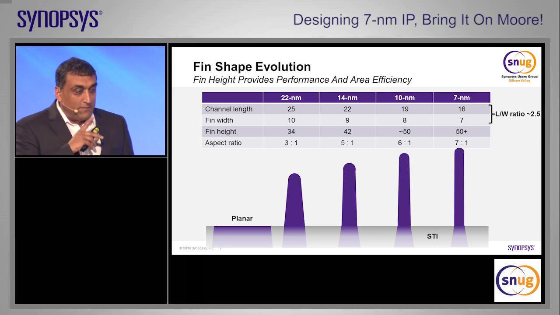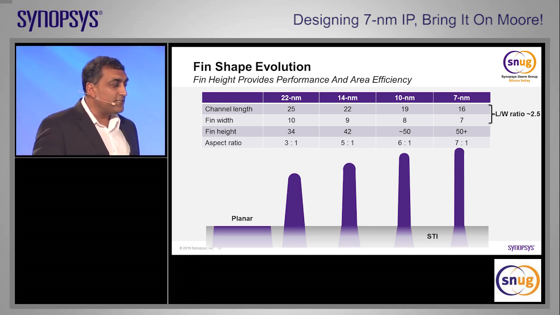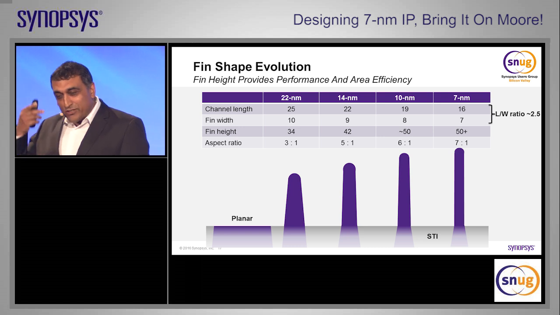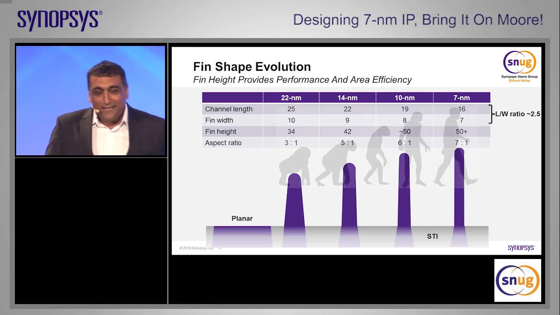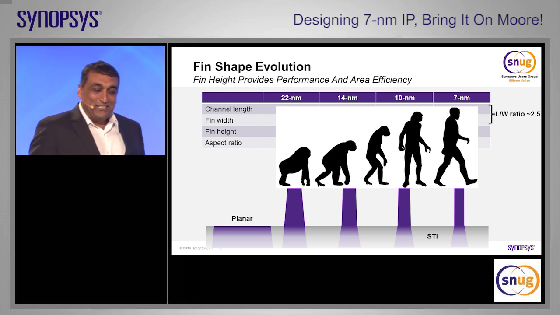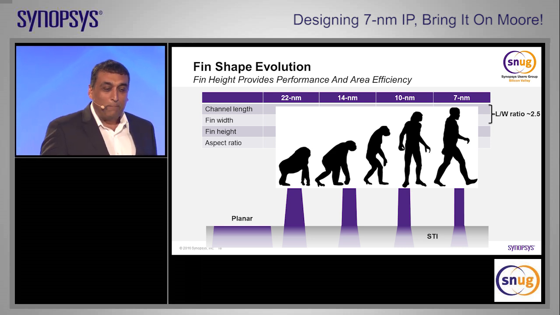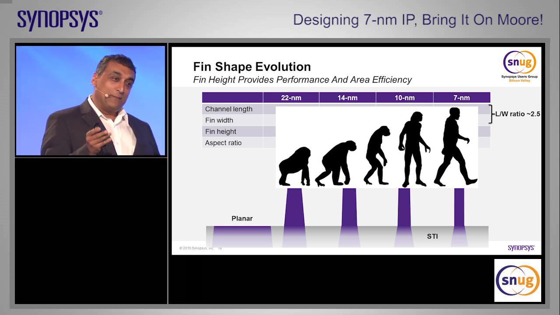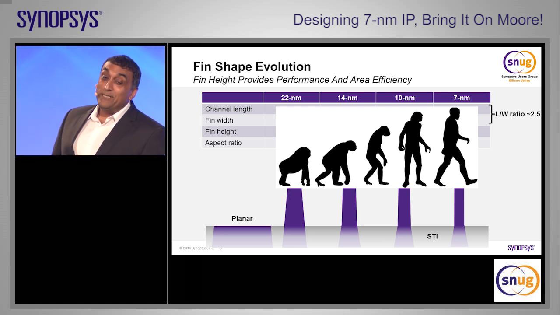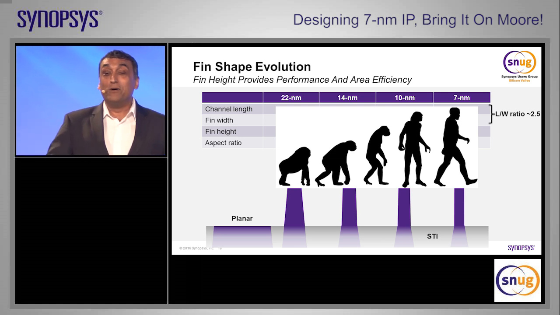So I was actually discussing this with one of our scientists, Victor Moroz, and he was trying to explain the concept to me, and I was scratching my head. So, Victor, I don't quite understand, and he showed me this picture. So he said, look, just think of the planar device as the first part of evolution for mankind, and think of the 7 nanometer device as the Homo Sapien.